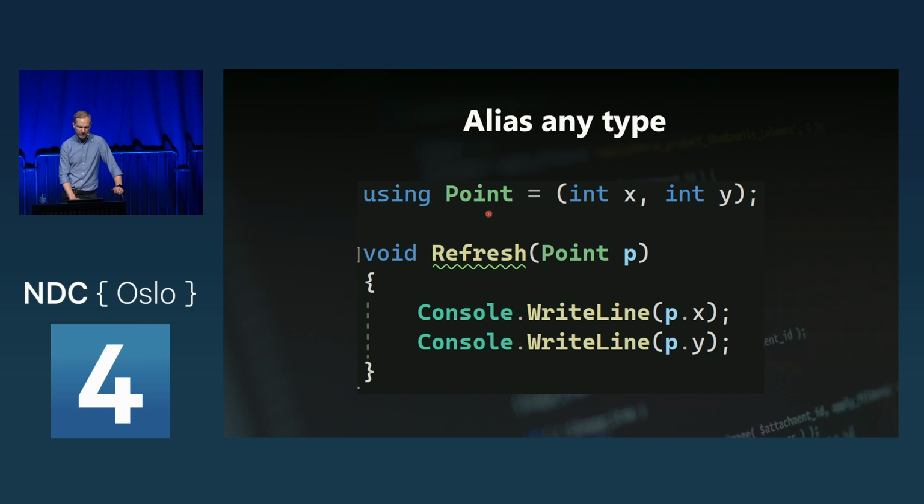So now if I do this, I'm going to say I want to use the name Point, and whenever I call that, I'm going to get a tuple with two values, or two fields. So I can use this as an input parameter. And if you put global in front of this, it's going to be globally available throughout your entire project. Quite a useful feature.